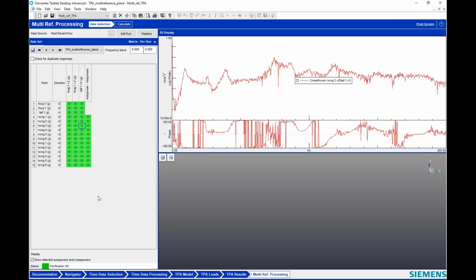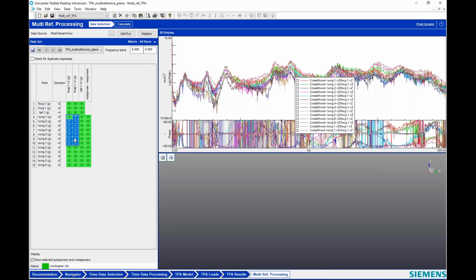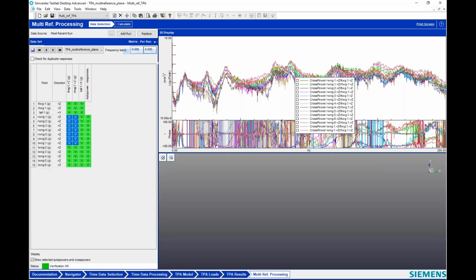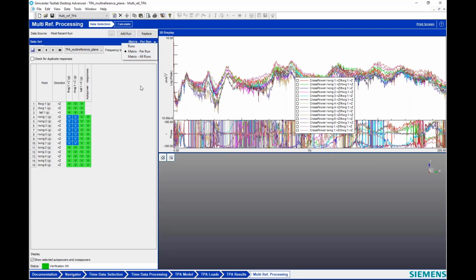Okay, so you want to make sure this is okay, and you want to make sure verification is okay. If I had multiple runs, I could go and use the pull down to step through each of the runs and see if it was okay. And if I had multiple runs, I could go to matrix all runs and make sure that this is okay, and I could display the data across all the runs. But here I only have the one run. And if I go to runs, that would be the runs. So there's not much to this worksheet, these 3 steps. Okay, main thing is it has to have a green status, and it has to say verification is okay.